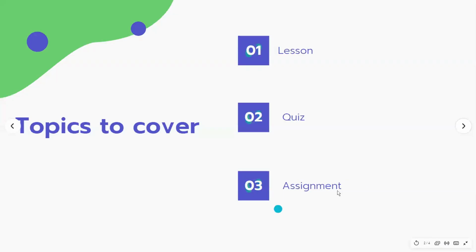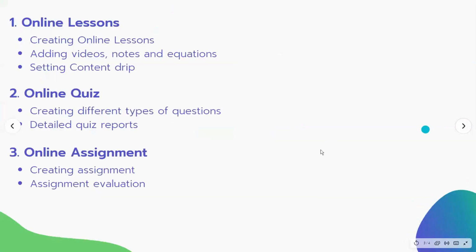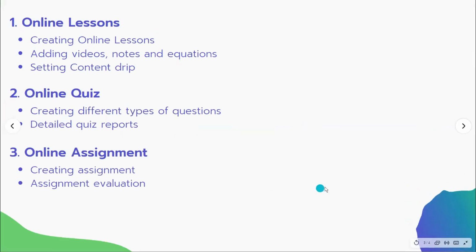So the three modules that we have in our learning management system are lesson, quiz, and assignment. What we're going to look at today is how you can create your lessons, how you can add videos, notes, and equations, how you can set content drip, that is you can publish on a particular date and time, then how you can create different types of questions and detailed quiz reports, and also how you can create assignments